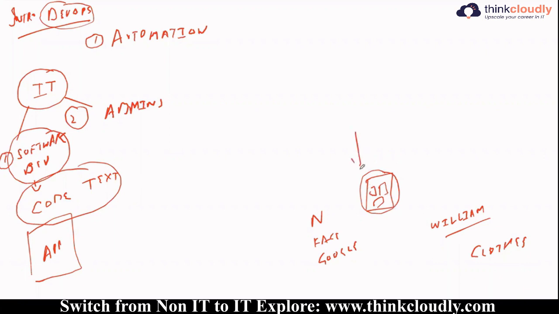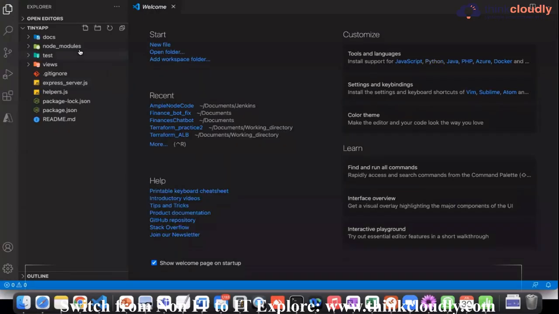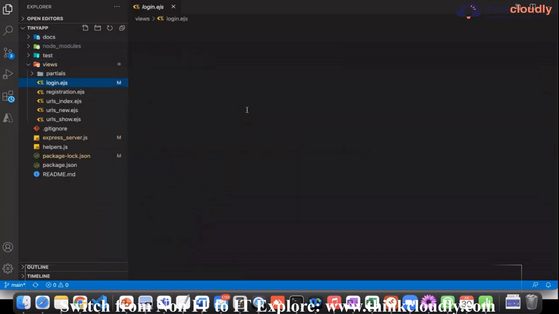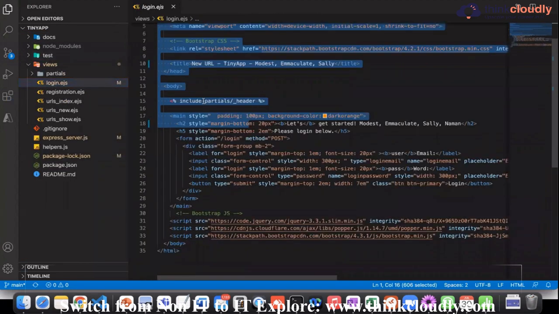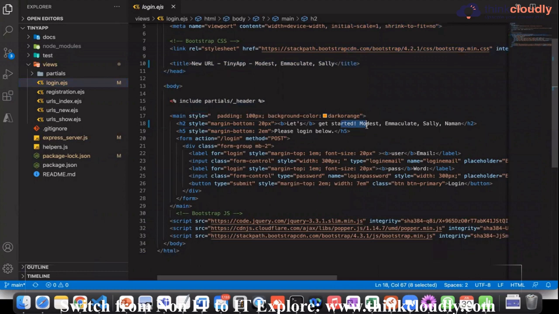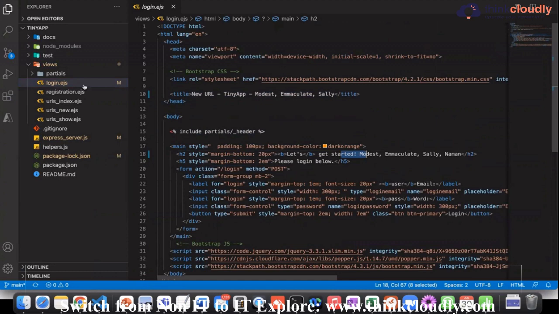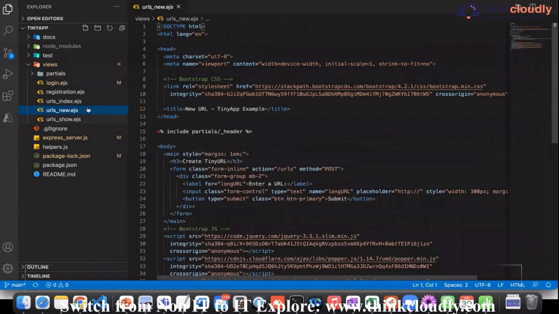Now, who is responsible to create this application? Software developers are responsible to develop this application. Imagine I am a software developer and I have written all these files. If you see over here, I have written this code. You will not be able to understand it, and that's okay, because I am a software developer and I know how to write this. But I can understand it. Let's imagine this is the application code I have written. I have created these many files.